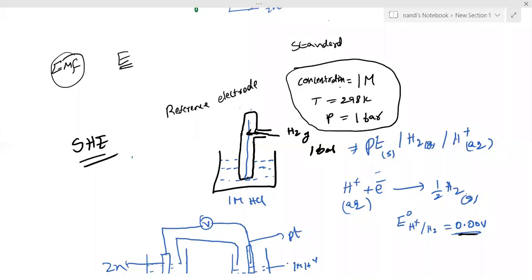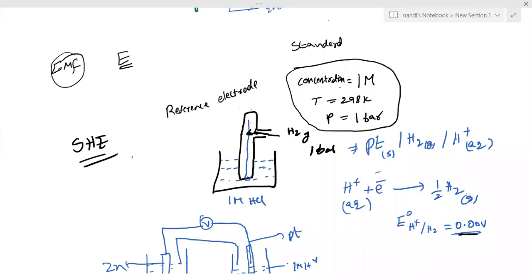Make a note on that word. All the values they have given are standard reduction potentials. If you want, you can see the table at the top, 3.1, where they have given standard electrode potentials at 298 Kelvin. So all these are reduction potentials. These potentials we measured with respect to hydrogen. All these we measured with respect to hydrogen.